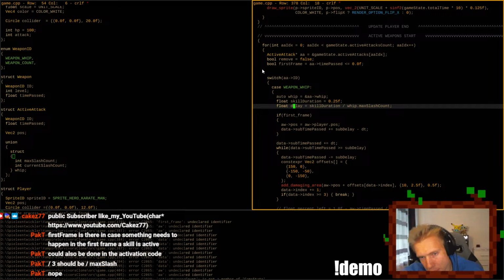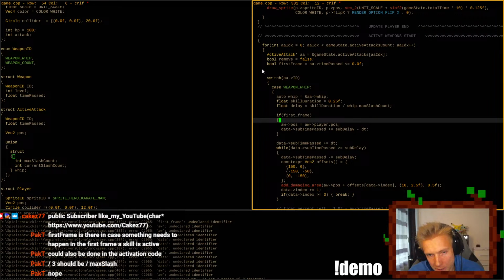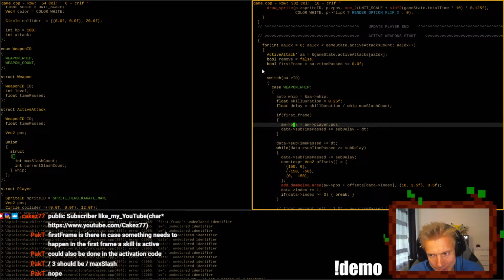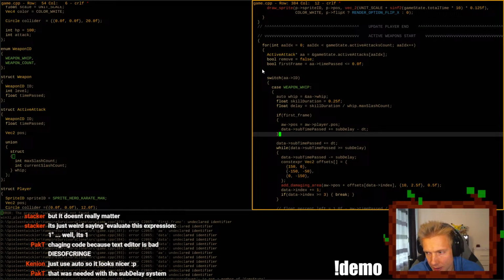That's just the delay between each activation, the damage delay, let's just call it delay. So if it's the first frame, that was needed for the sub delay system. So I think that can go away, right? Just use auto so it looks nicer.